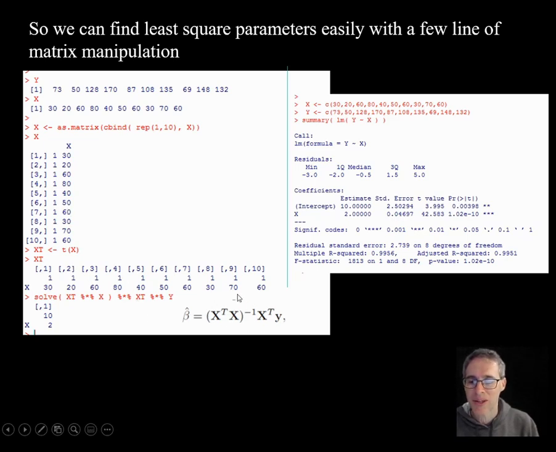And here's my one equation to rule them all. So I just put this into R. I solve for the inverse of the transpose of this matrix times itself, and then just carry through matrix multiplication. These are the symbols for matrix multiplication in R, and out pops a 2x1 matrix with my